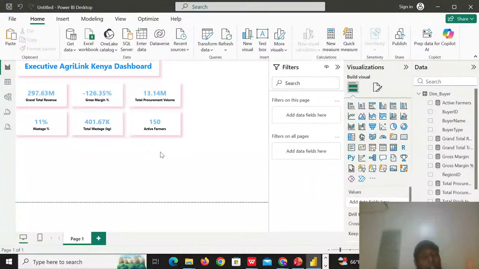Yeah, so these are some of the KPIs that the management can be able to see, and of course can take action about, and can see how the company is performing. Yeah. So after this, let's now build the